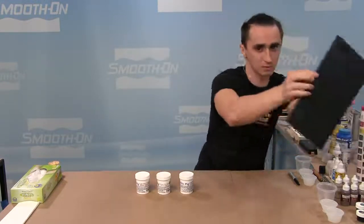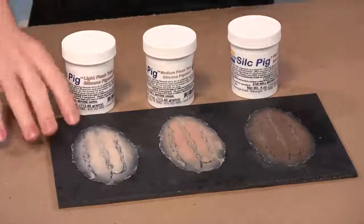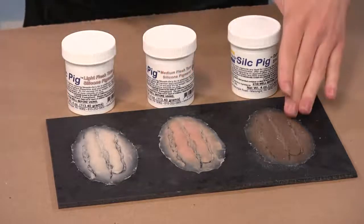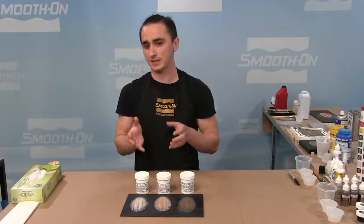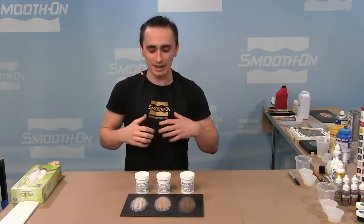And here I have some examples of what those look like. So this is going to be our light, and you can see we get a little bit darker with our medium, and then we have our dark flesh tone. These I like to think of as bases. Typically, you're not going to find someone that matches these perfectly. If you get lucky, good for you, but typically there's usually some kind of underlying undertone, and that undertone is